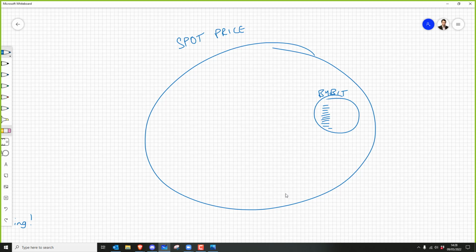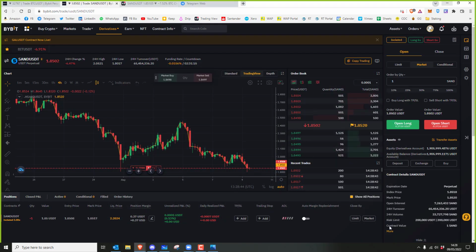And so the prices you see here in Bybit are slightly different to the global spot price by pennies or dollars, because Bybit still has to make its profits. It makes its money via fees and commissions and whatnot. But also, all of the trading that we do in Bybit has zero effect on the real world market. So I could be a whale, right, and come on here and place a $50 million short on Bitcoin. It won't have any effect on the real world market. So what Bybit has to do is create this sort of internal price of each asset, and that's what it calls the mark price.